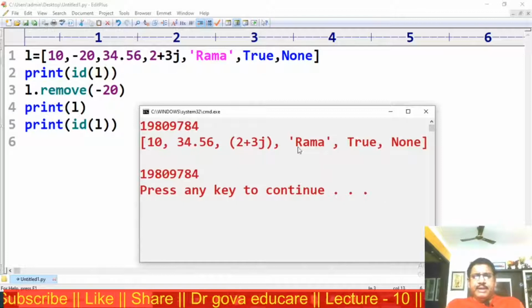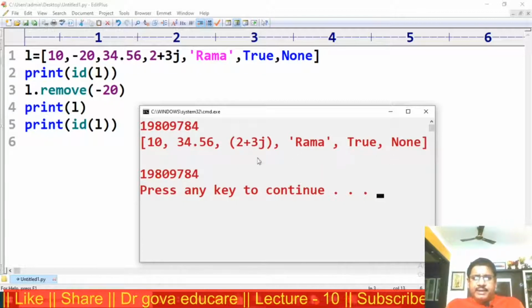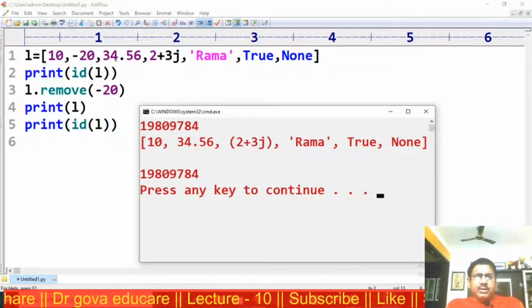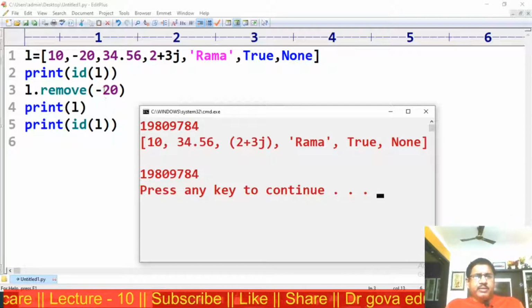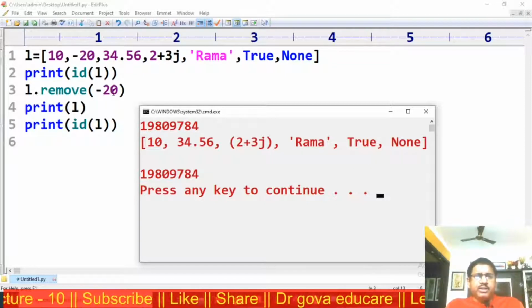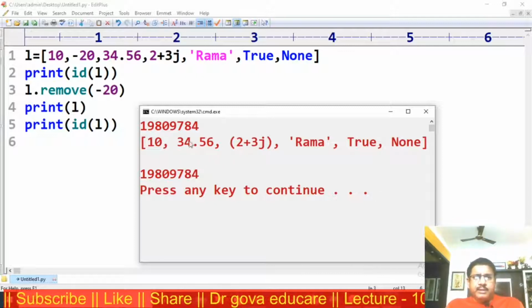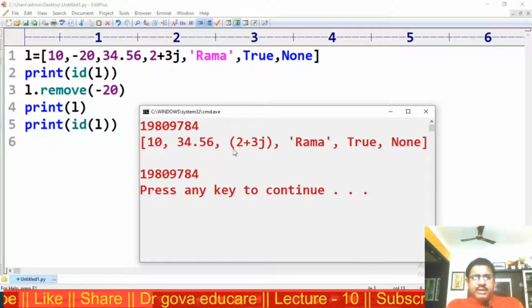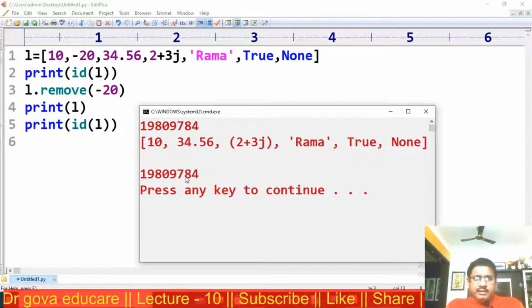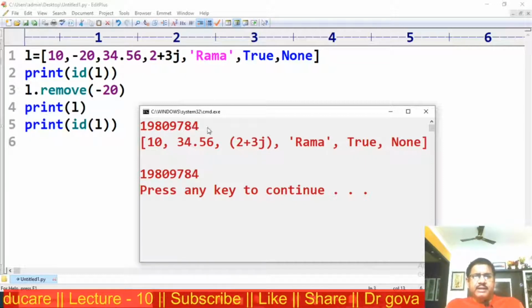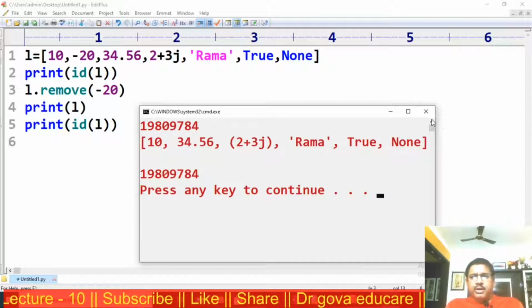The size will be decreased at runtime. Now, -20 is not there. That is, I am removing the -20 value. The -20 value is removed from the list. Before and after, the address is the same. That means list data types are mutable.